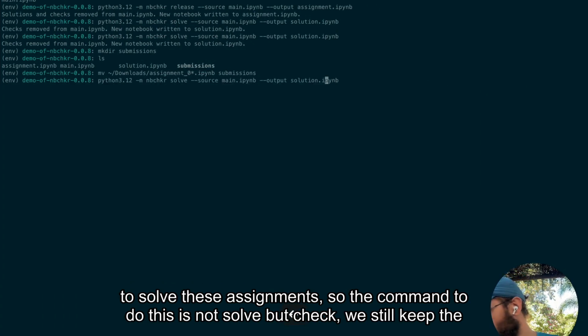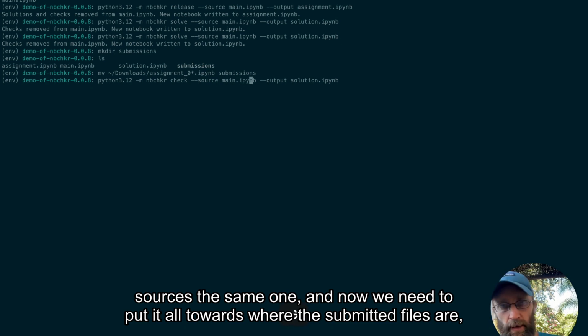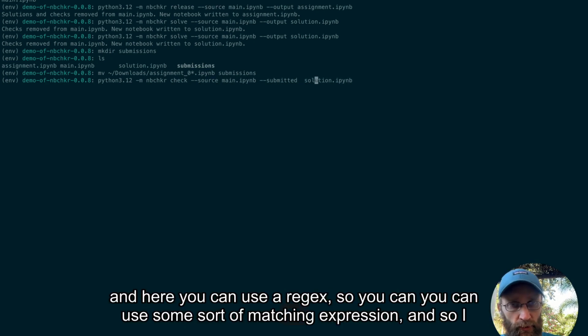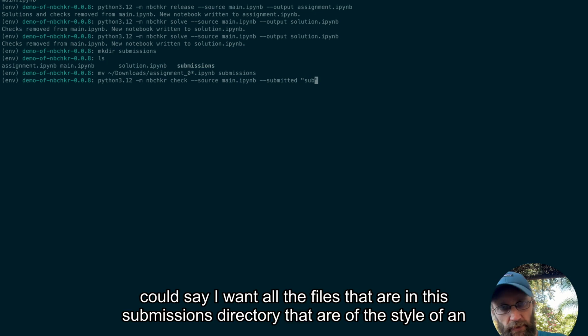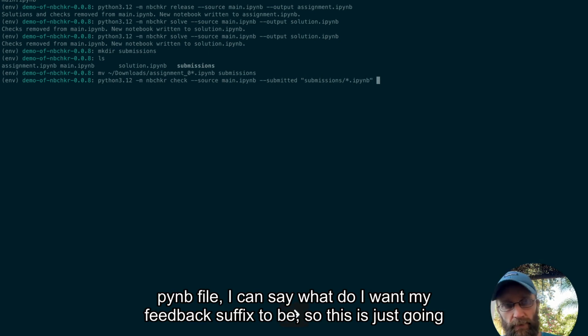So the command to do this is not solved, but check. We still keep the sources the same one. And now we need to put it all towards where the submitted files are. And here you can use a regex, so you can use some sort of matching expression. And so I could say I want all the files that are in this submissions directory that are of the style of an IPython notebook